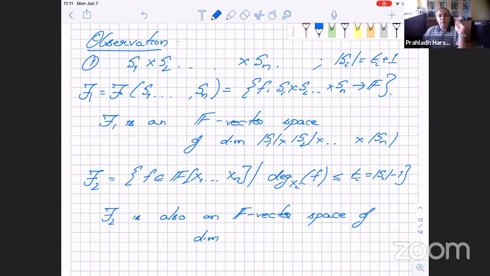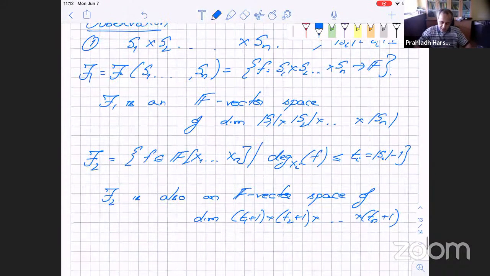Its dimension is basically the number of possible monomials, because once you have the monomials, all you determine is which coefficient you're going to put before each monomial. And how many monomials exist in this? What's a monomial of this form? It's x1 power a1, x2 power a2, xn power an, where each ai is less than or equal to ti. So each ai gets ti plus 1 choices, because it can take 0. So notice that this will be of dimension t1 plus 1 cross t2 plus 1 cross tn plus 1,